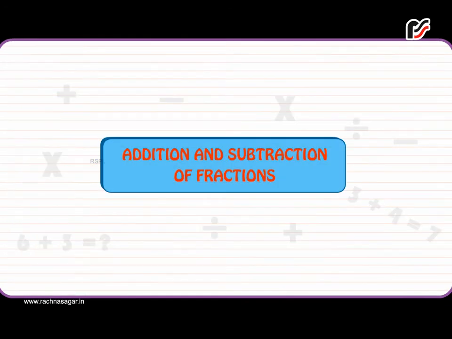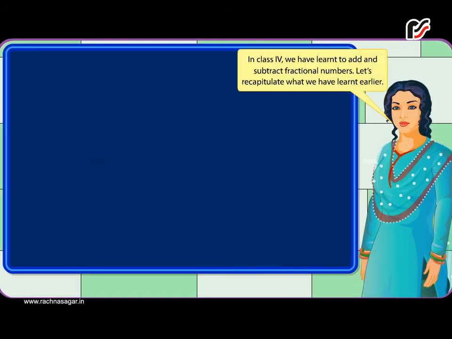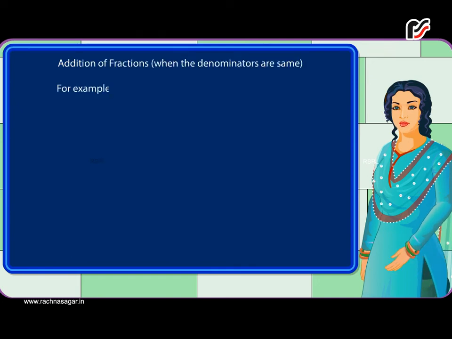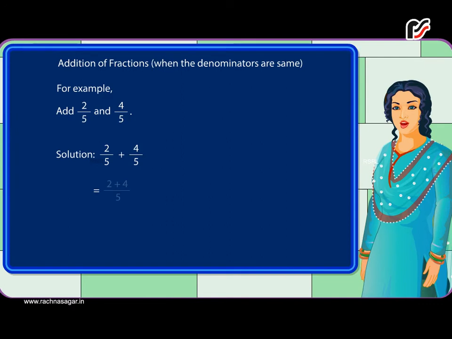Addition and subtraction of fractions. In class 4, we have learned to add and subtract fractional numbers. Let's recapitulate what we have learned earlier. Addition of fractions when the denominators are same. For example, add 2 by 5 and 4 by 5. Solution. 2 by 5 plus 4 by 5 is equal to 2 plus 4 whole divided by 5,